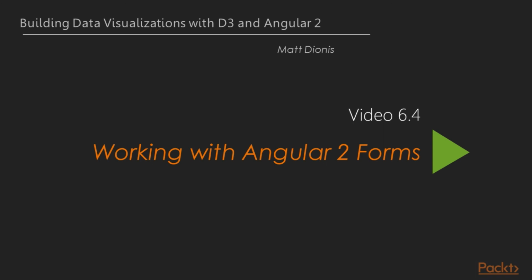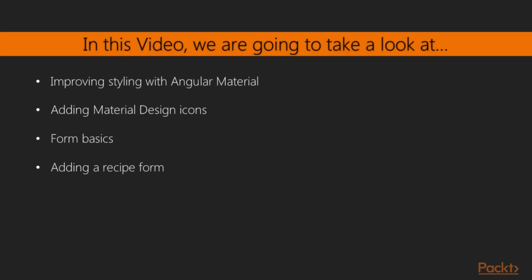We can now see a list of recipes, but would like to be able to add recipes to this list as well as update existing recipes. We should also work on improving the overall look of our UI. We will begin this section by adding Angular Material to our app in order to improve the styling. We will also add material design icons to our application to further improve the look of the UI. Finally, we will learn how to work with forms in Angular 2 and add one to our UI so we